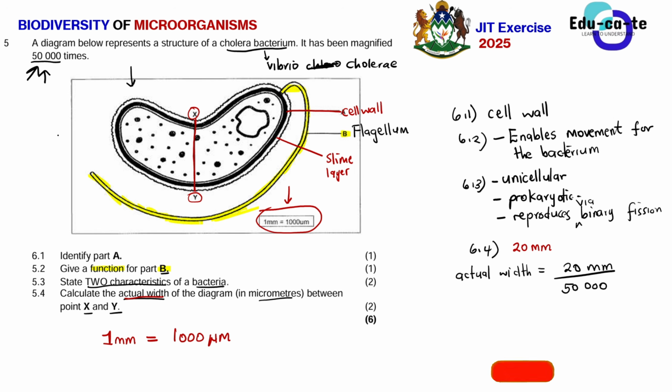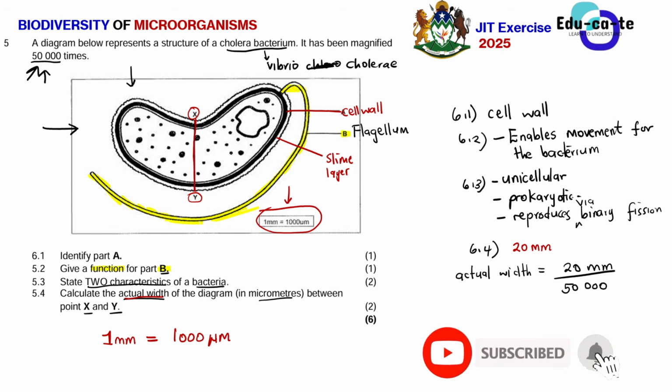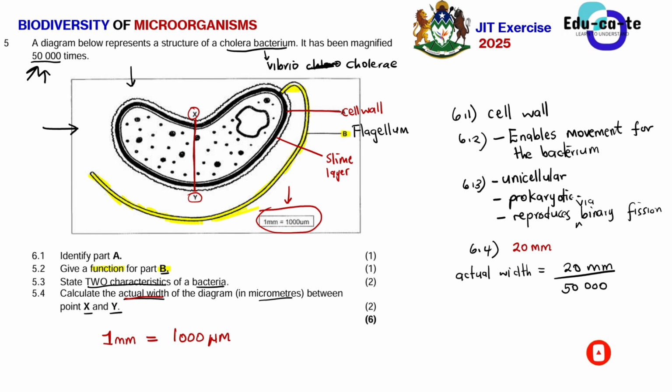It's not like a real bacterium is this size, guys. I mean, bacteria are microorganisms. You can only see them by using a microscope. In this case, you don't have a microscope. The fact that you're able to see this visibly is because it has been zoomed in. So as it is being zoomed in, you need to divide the distance that you are finding by the 50,000, by the number of times it's been zoomed in, so that you can see what the actual width was in millimeters.